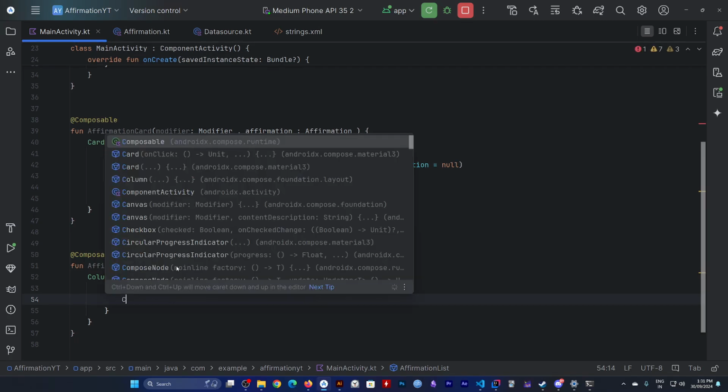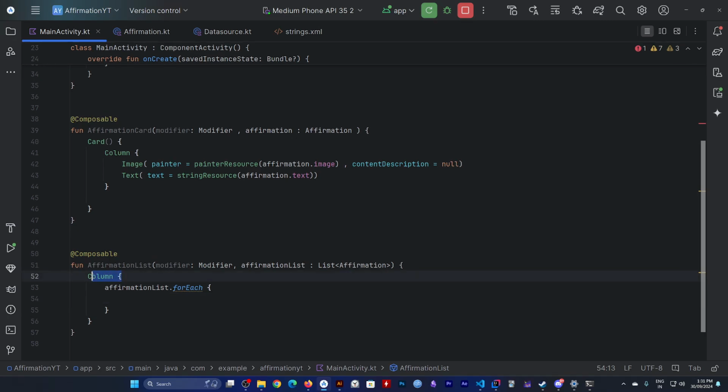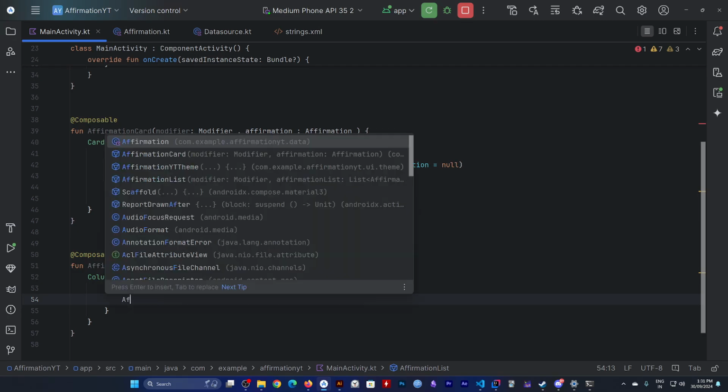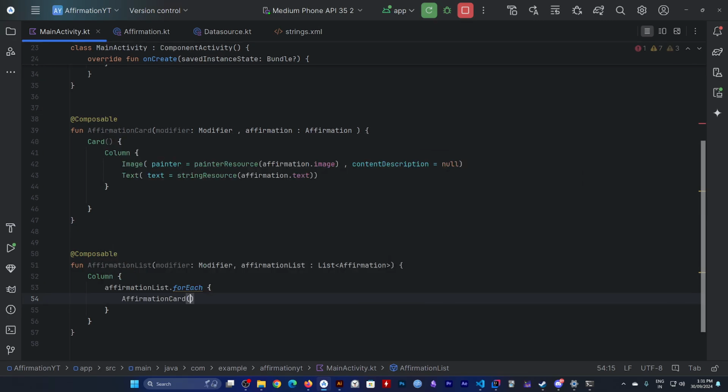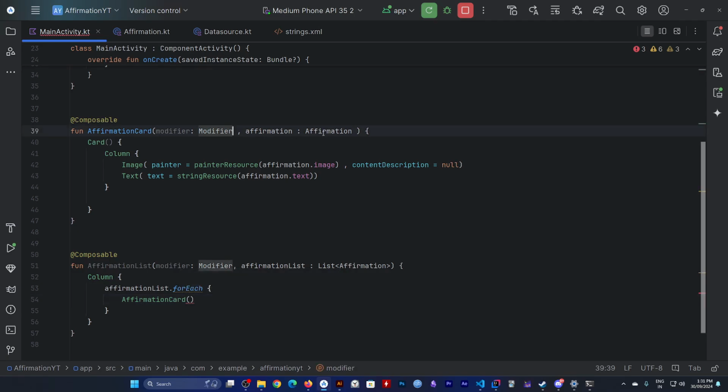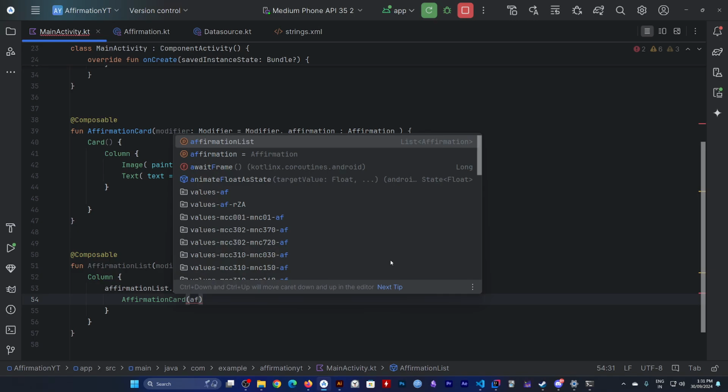We're gonna create, okay, we don't need this. I guess we probably need it, but affirmation card. Let's also give it a default modifier. Affirmation